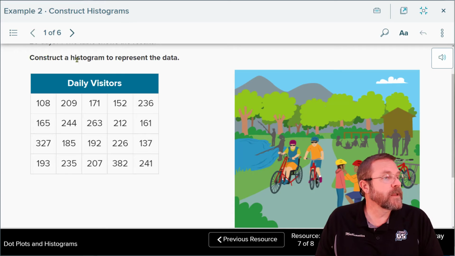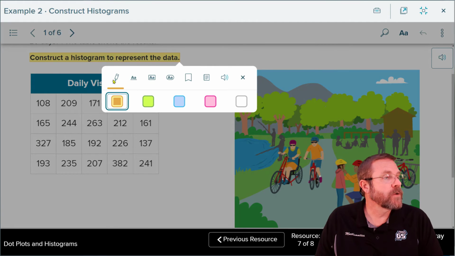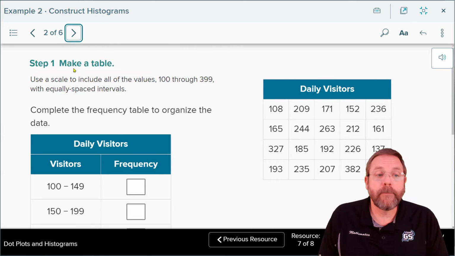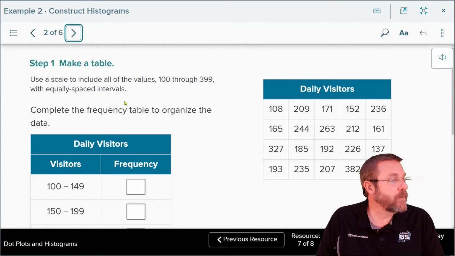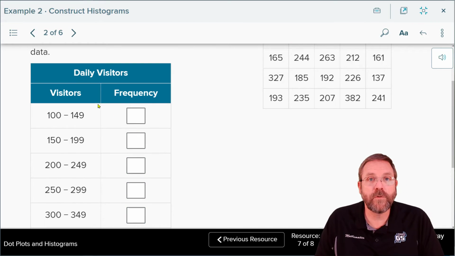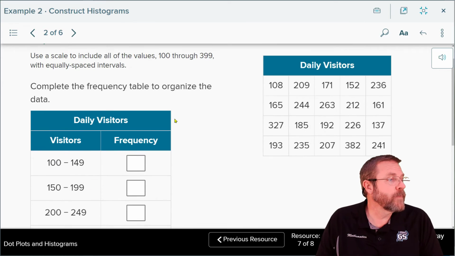And they want us to construct a histogram to represent that data. So from here, step 1, make a table. And then in that table, how many are going to fall into each one of these categories? The grouping of their table is going to be 50, so from 100 to 149, 150 to 199, and so on. So the 100 to 149, that's going to be